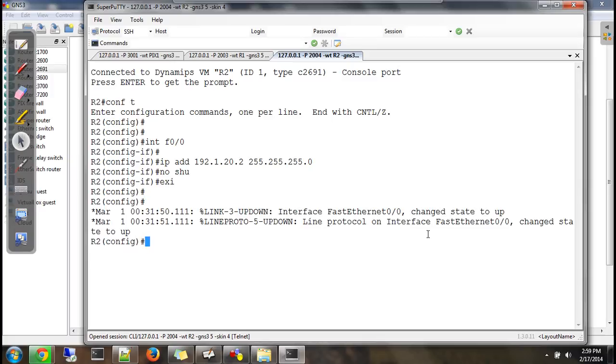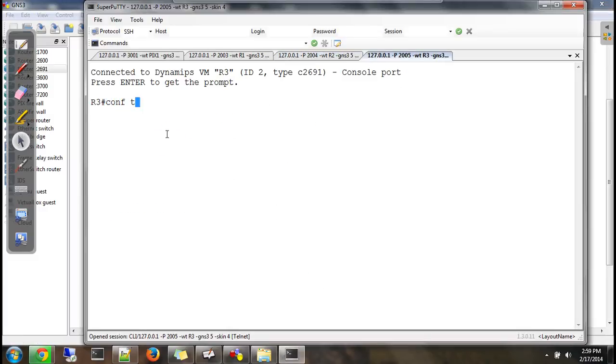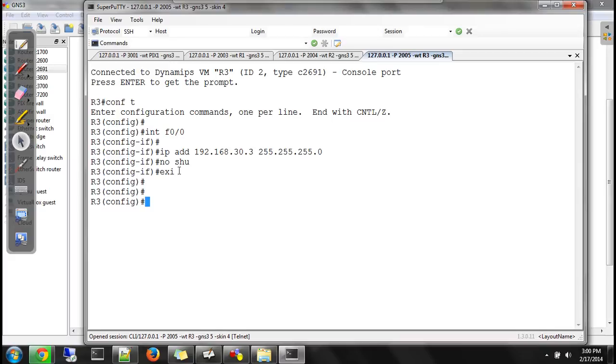Then let's configure R3 as well. I'll configure R3, interface F0/0 with an IP address 192.168.30.3, 255.255.255.0 is the mask. No shut to bring it up. Finally exit. From R3 I need to point what?